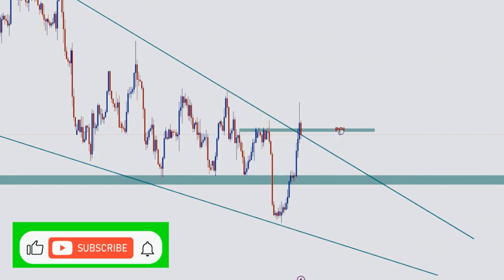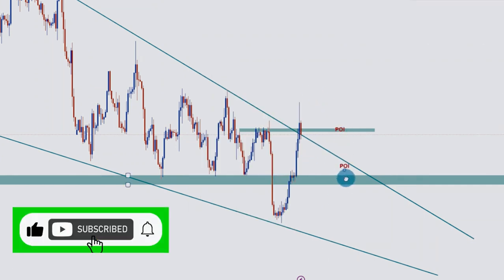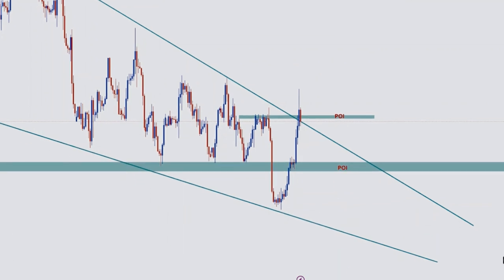While this zone is our second point of interest. If we are unable to get a price formation around this place that represents the presence of buyers around this zone, the next point of interest we are anticipating for us to be able to buy this market is the second leg of the inverse head and shoulder. We are expecting a W pattern around this place